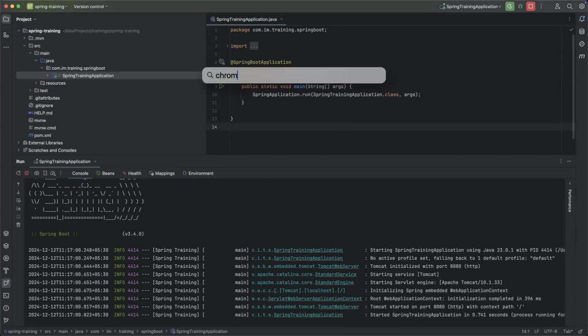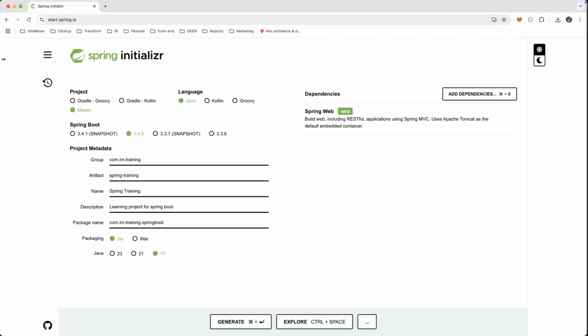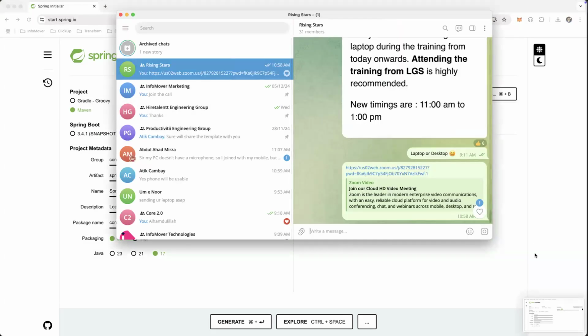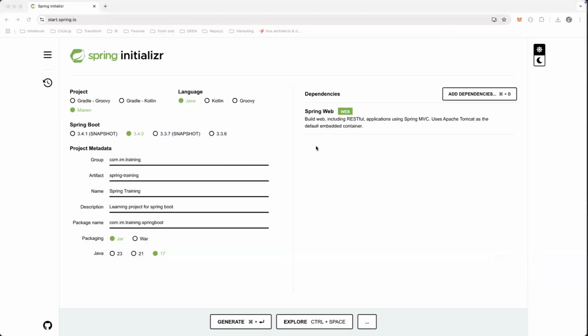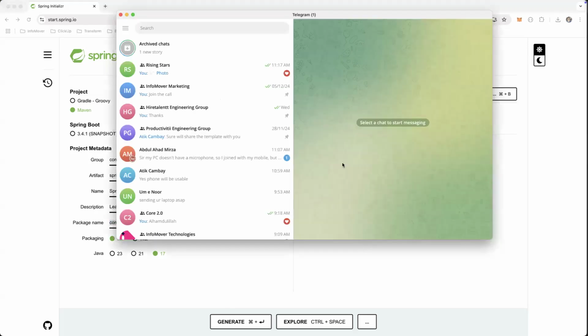Now, what I'm going to do is I want you all to do exactly the same thing on your own machines. So I'll just take the screenshot out here and I will give it to you so that you can look at it if at all you missed any point, but still I'm keeping this open. And now friends, come on, get started. I want you to select all of these options exactly the way I have selected. Do not forget to give exactly the same thing that I've given over here under project metadata. Click on generate, get the zip file, unzip it in your folder, and then just open that project in your